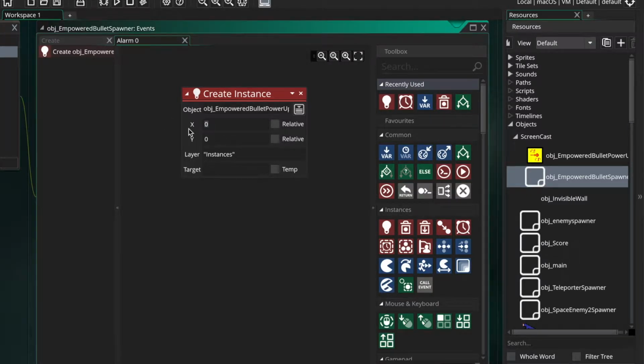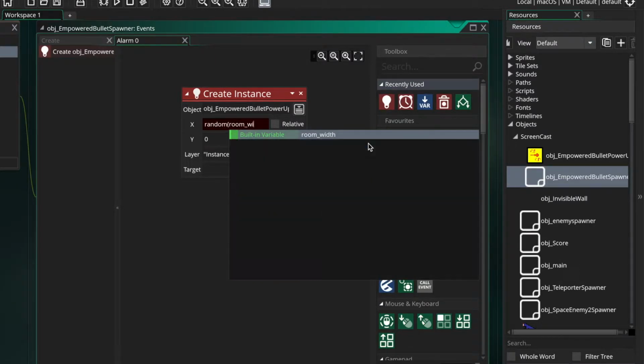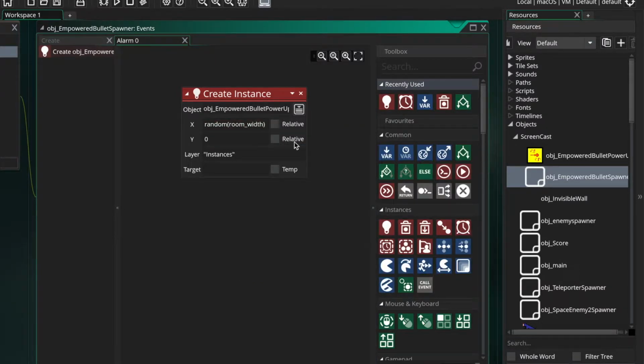And where do we want it to spawn? We want it to spawn randomly across the x-axis, so random room, that's not how you spell room, room_width, and then where do we want it on the y-axis? So we want to copy this, Command V, and change width to height because it's the y-axis. And what layer do we want it to spawn in? We want it to spawn on teleporter,